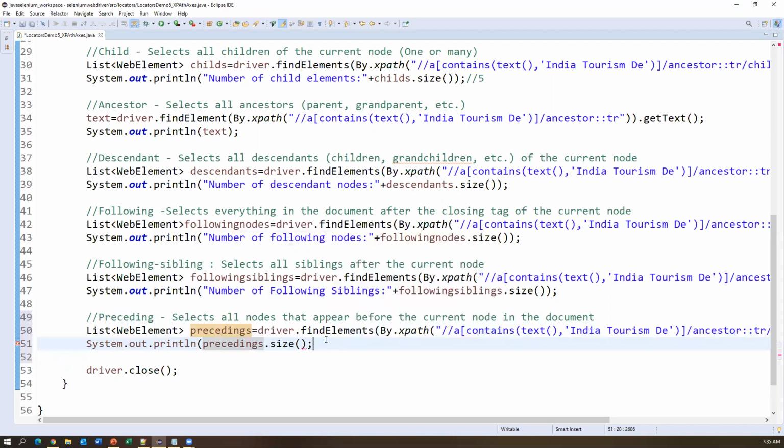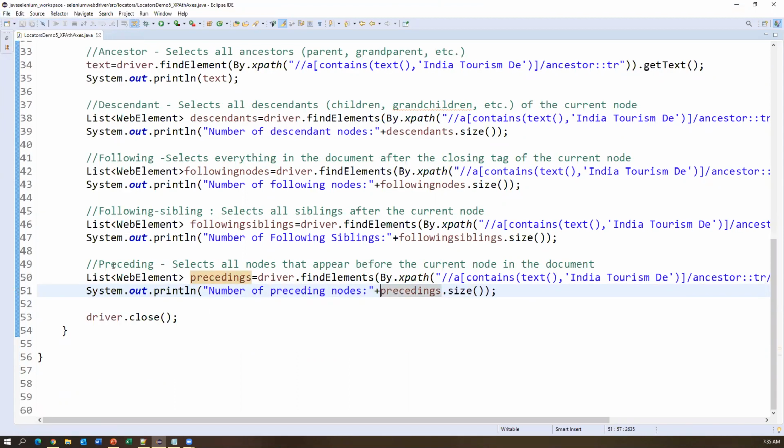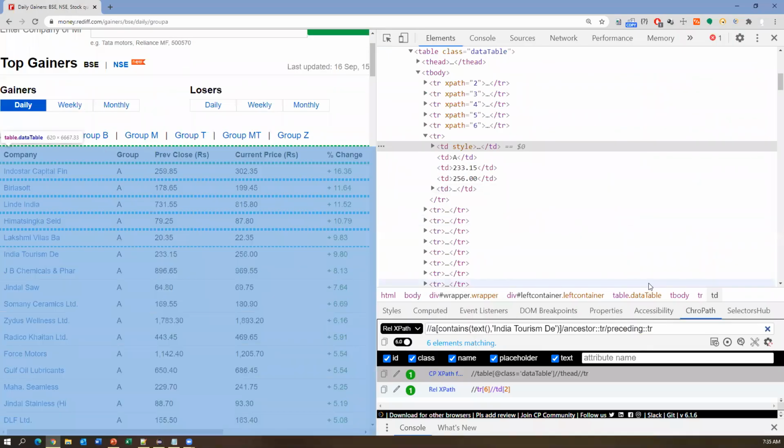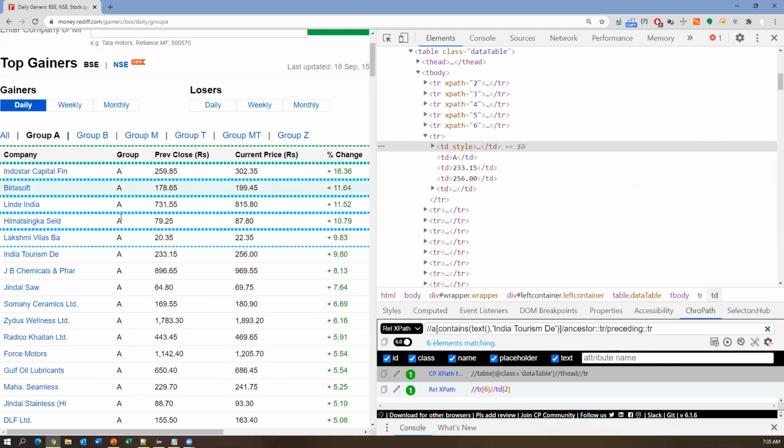I can say these are the preceding elements, the number of preceding nodes. All right, so now we got the preceding nodes. Similarly, we can also get the preceding sibling nodes. When I say preceding TR, we got all the rows above this element.